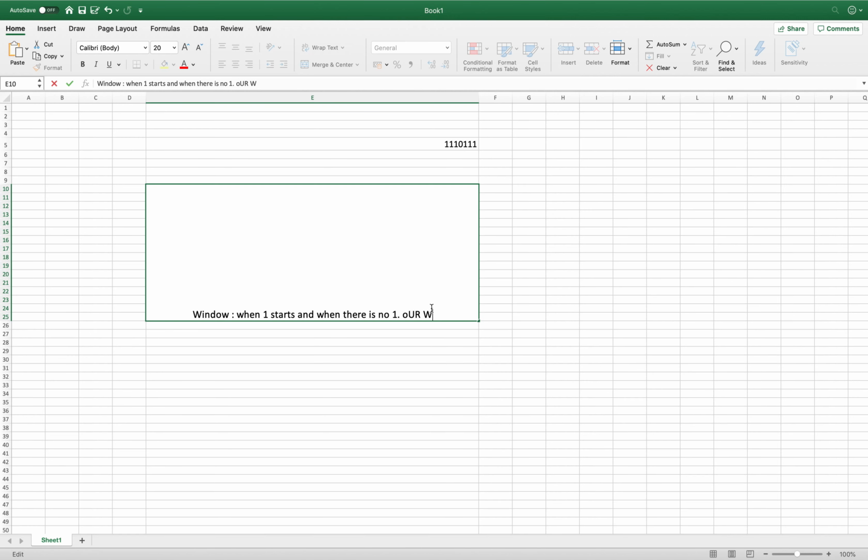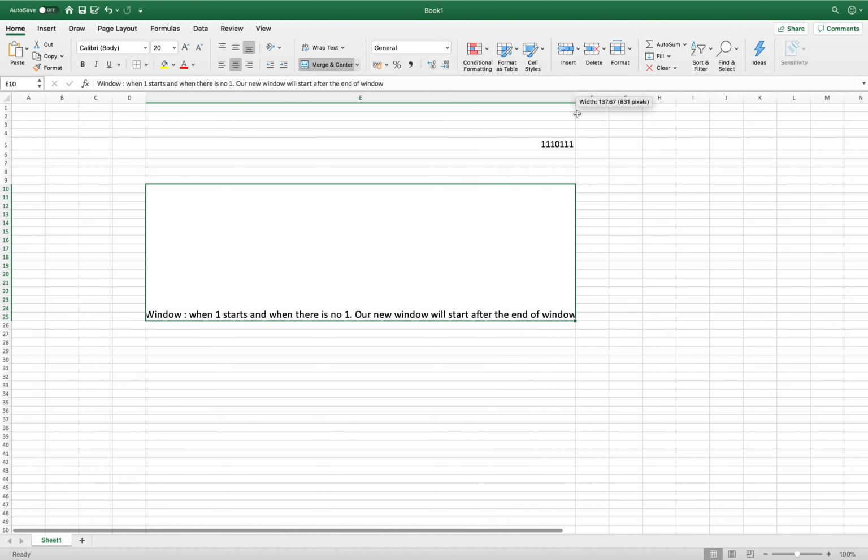A new window will start after the end of the window. That's the main thing we need to know.